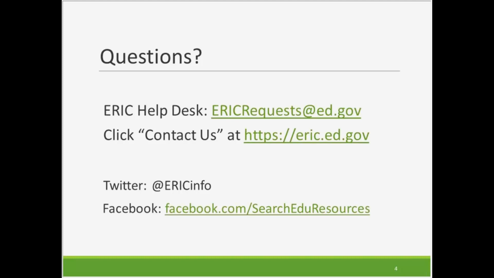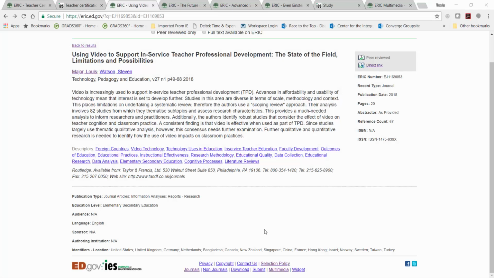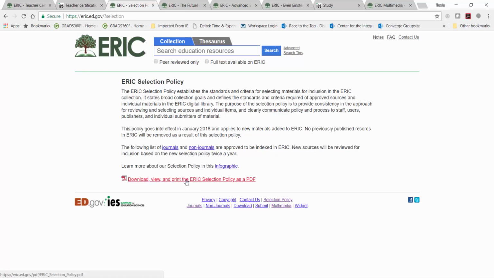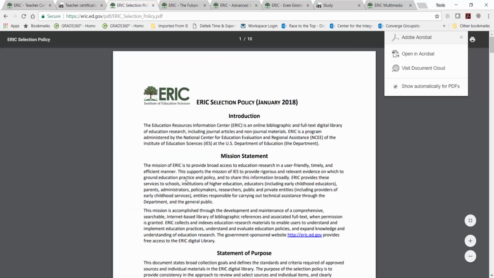When you click on the selection policy and look at the PDF, it talks about our policy on predatory journals and about reviewing journals to make sure that what we have is not predatory, but also fair. So I encourage you to check that out. That was updated this January, and all the information is there.